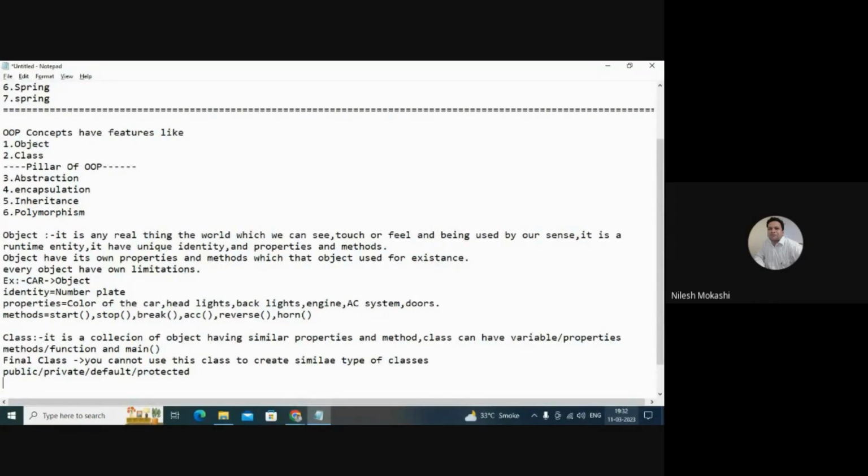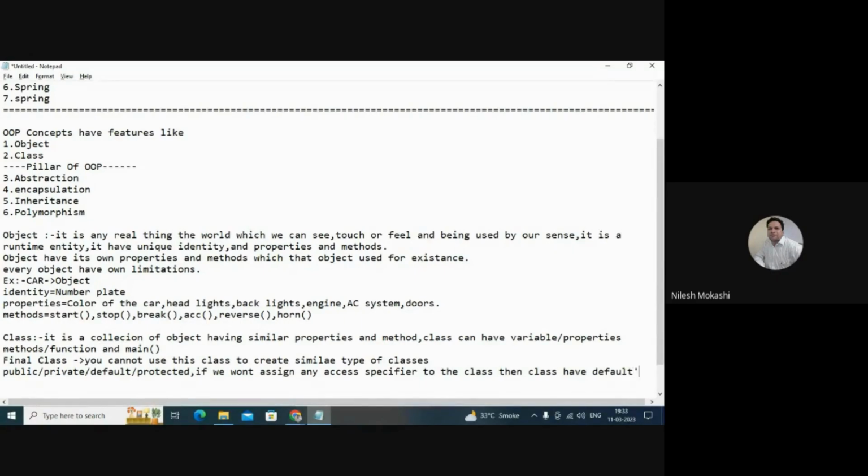So my class can be public, my class can be private, my class can be default, and my class can be protected. Now, the interesting thing here: if we don't assign any privilege, or any access specifier, to the class, then the class has the default access specifier, right?